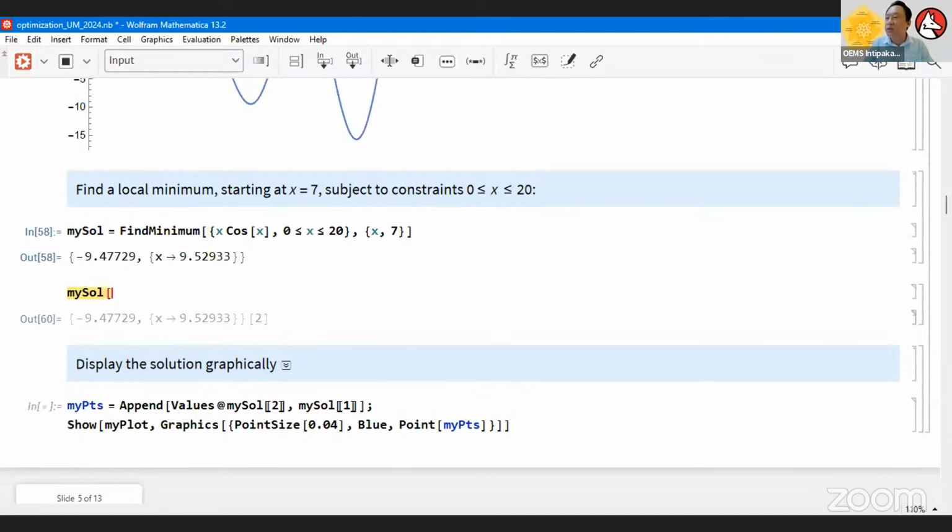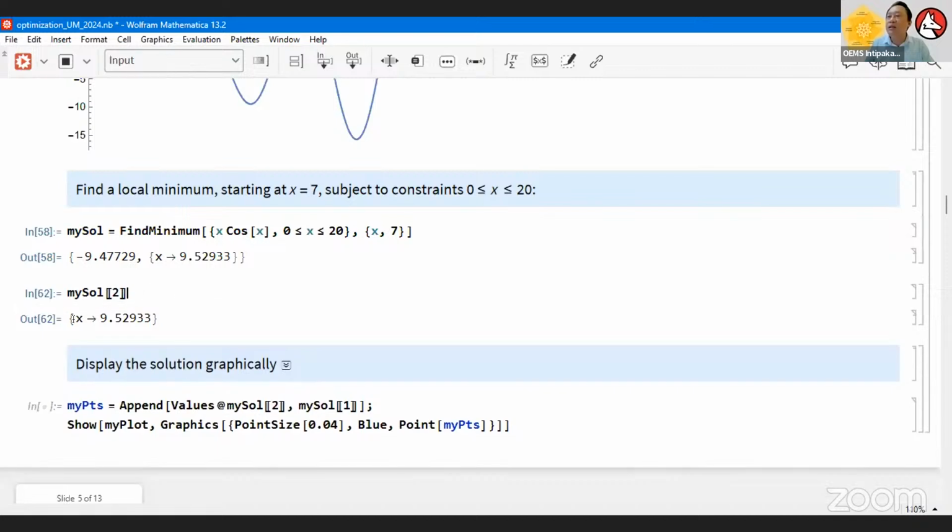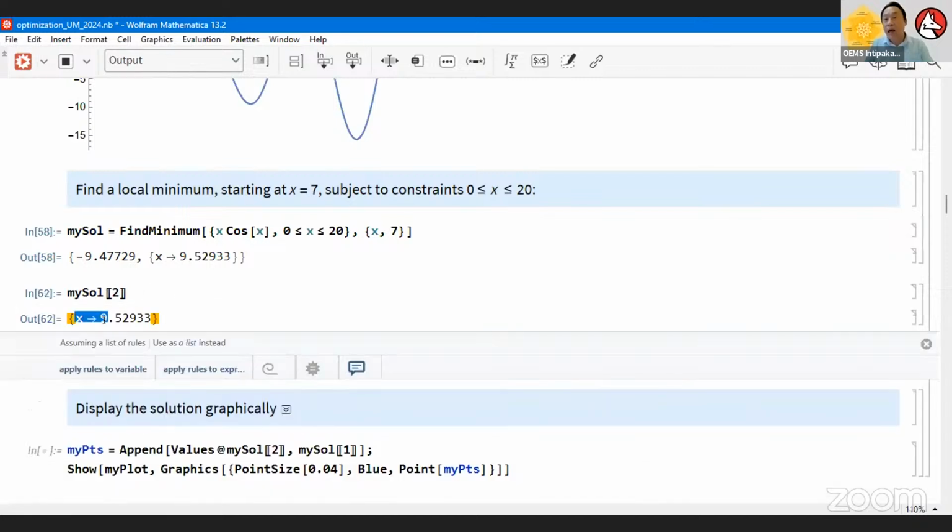If we want to extract this part of the information, for instance, the first part, I put double square brackets. You extract the first part of the information, which is the y value, and the second part, which is the x value. If I extract this value like this, I say, hey, this is x with the arrow pointing to the output value. Those of you who are familiar with programming know this arrow looks like something like the colon symbol you use in JSON.